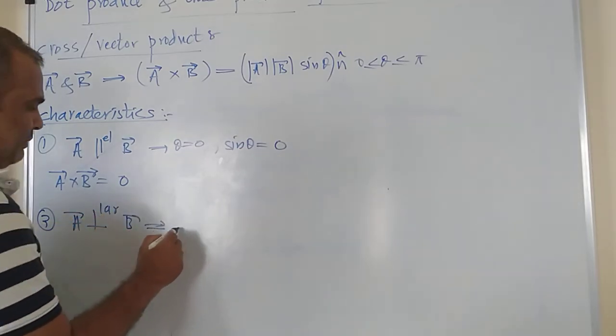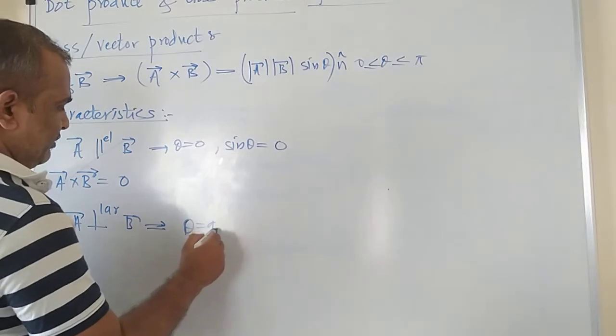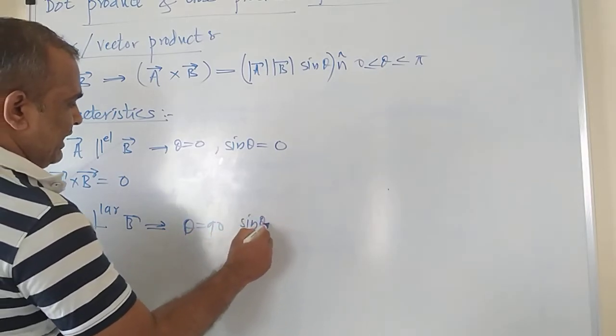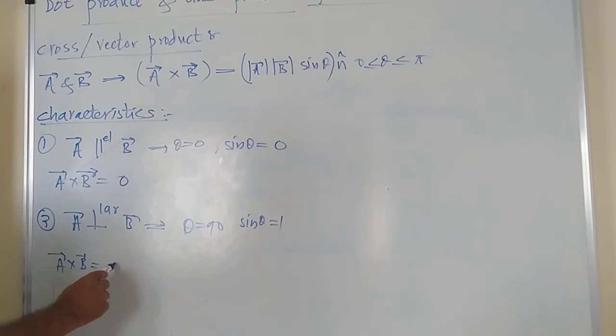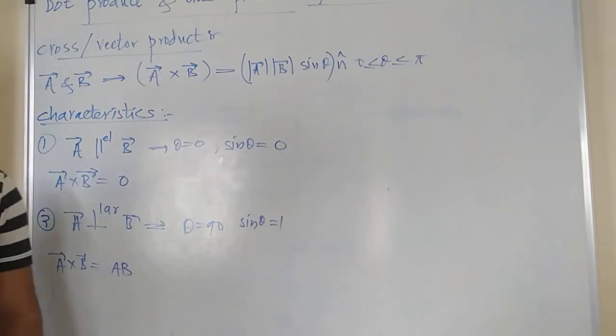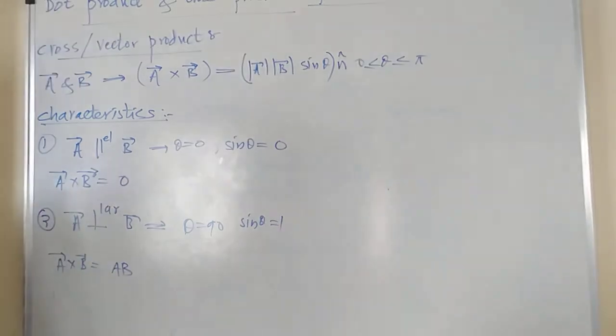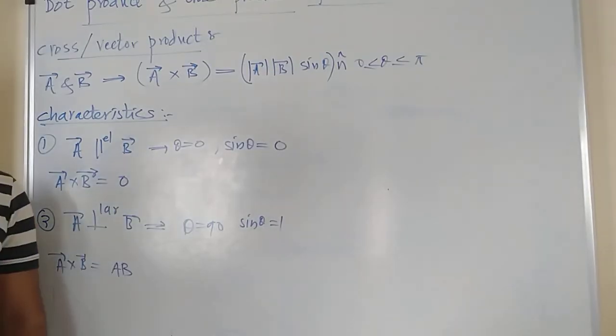Now second, if two vectors, A bar is perpendicular to B bar, that means the value of theta is equal to 90 and sin 90 is equal to 1. That means the cross product of two vectors A bar cross B bar will give you just the multiplication of the two magnitudes, that means AB, or mod of A bar times mod of B bar. This is the second property of the two vectors. Now the third one is